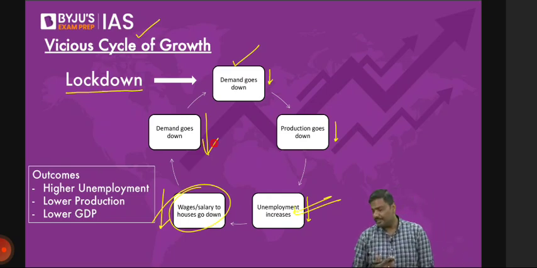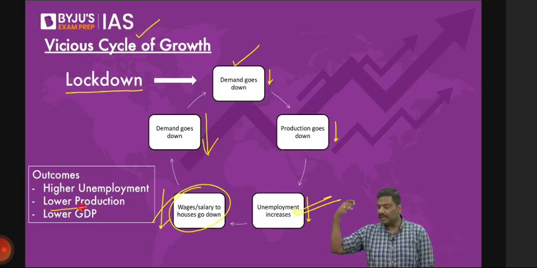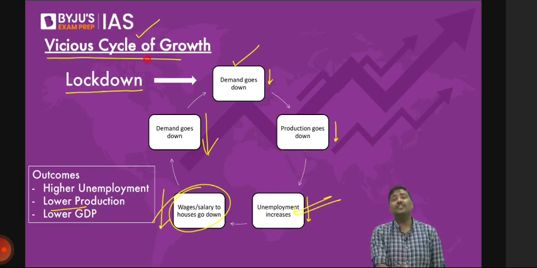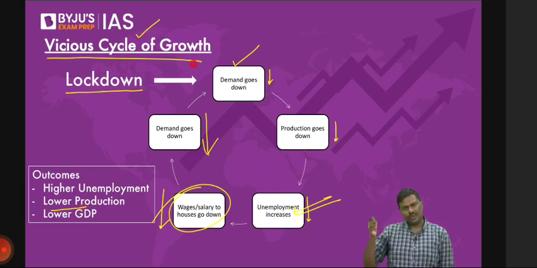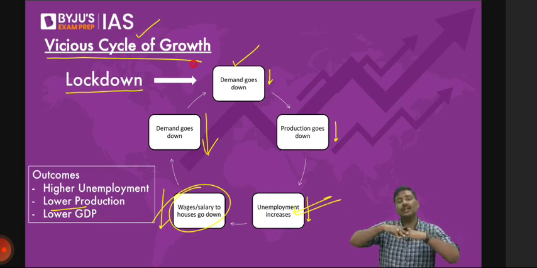Simple. The result of the cycle is that unemployment increases. Have a look at this. The production will go down. Investment will go down, etc. So this is called a vicious cycle in the economy. Any difficulty? Virtuous cycle means factors will influence each other, and the overall economy will perform well. Vicious cycle means factors will influence each other, and its performance will fall down. That is virtuous and vicious.